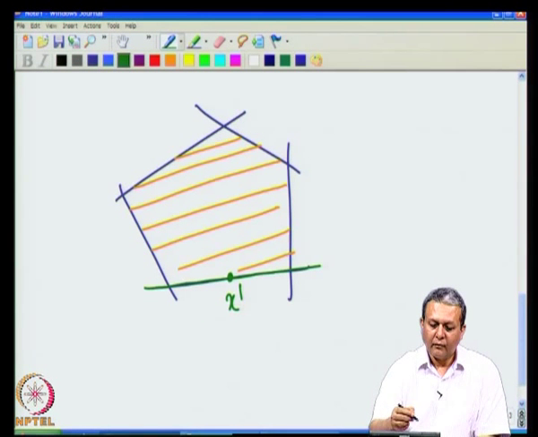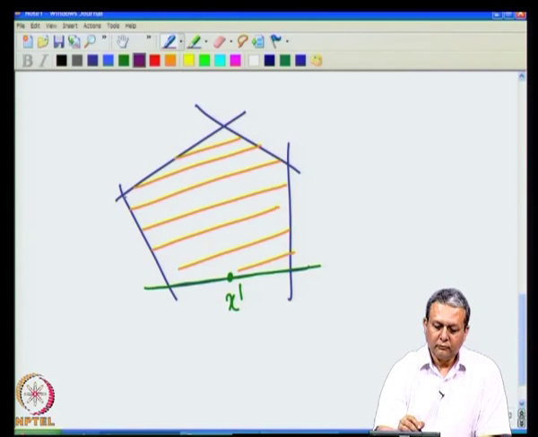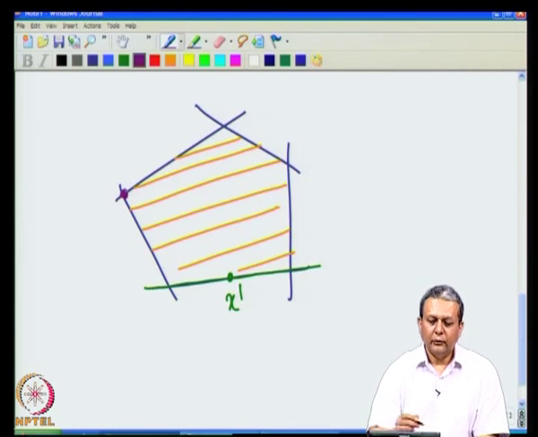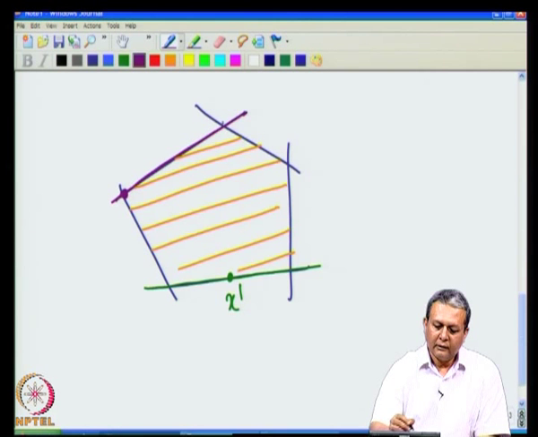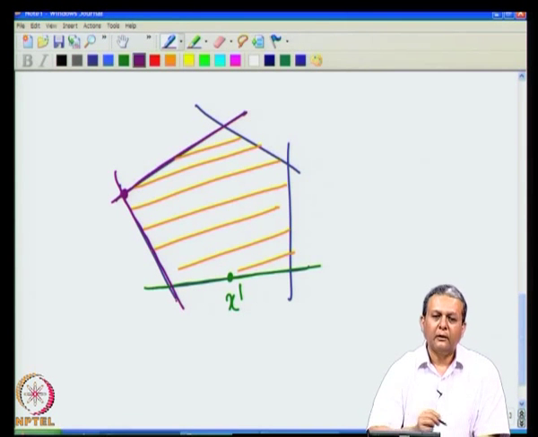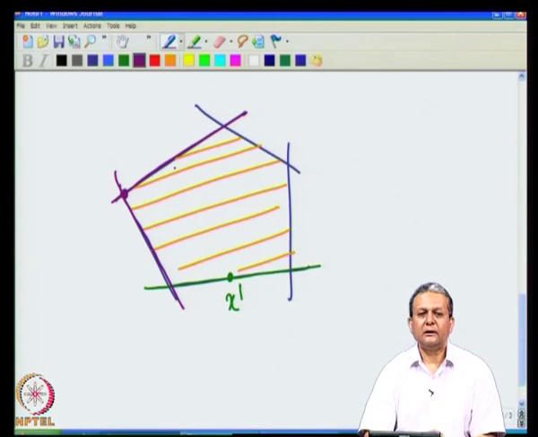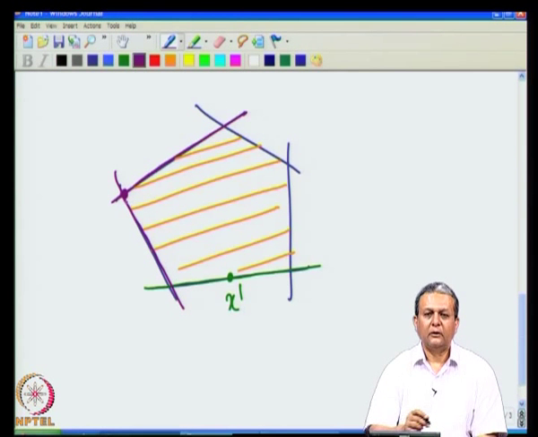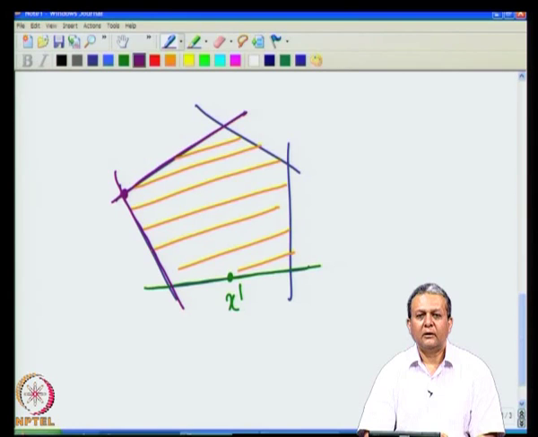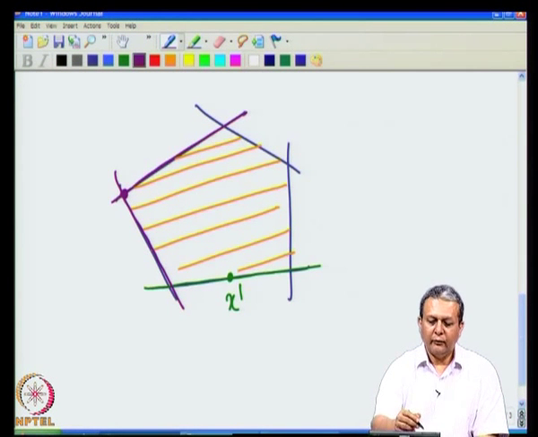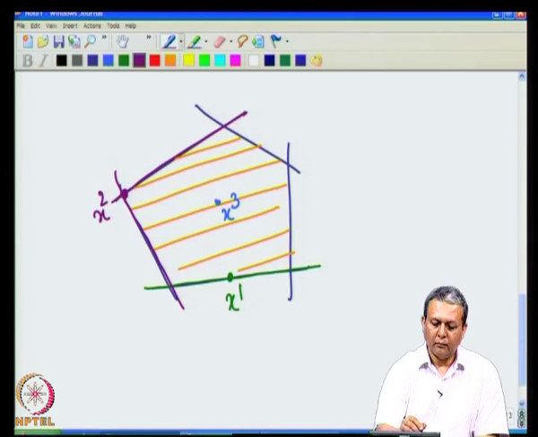On the other hand, suppose we take this point, you will see that this constraint and this constraint are active. So, at this point the constraints which intersect at this point are active. So, at a point there could be multiple constraints which are active. Now, if we take a point which is here, let us call this x3, and this point was x2.